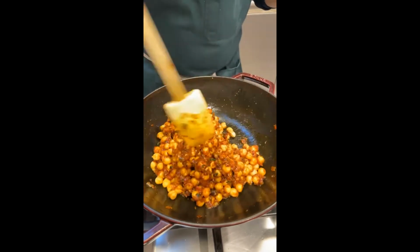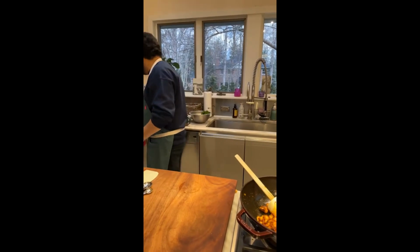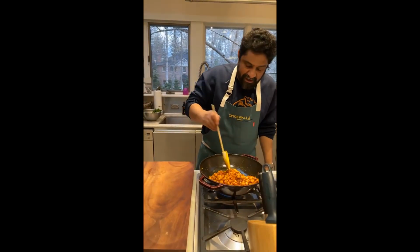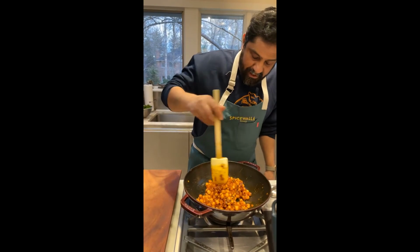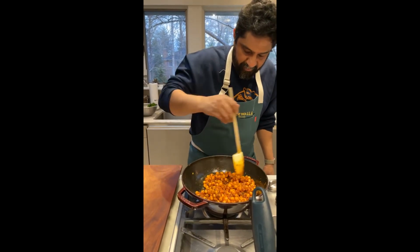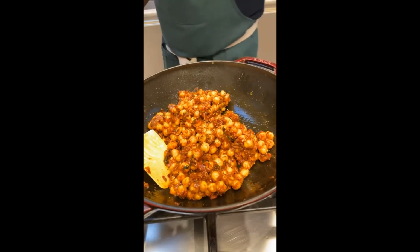So what am I doing right now? Since the chickpeas were already cooked, quite often in India this dish is made where the chickpeas are boiled from scratch. But here we obviously use canned chickpeas. I'm putting the chickpeas in the masala to coat them, just to coat them so I can get some flavor into the chickpeas themselves, right? Because before I add any water to this dish, just for a few minutes. And now, to finish it off,